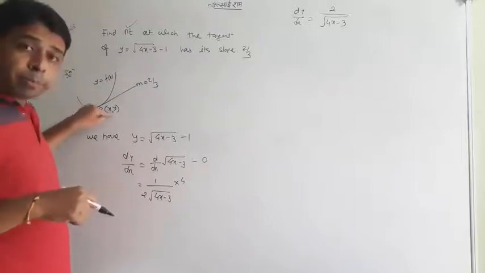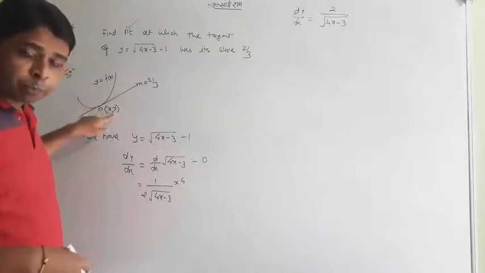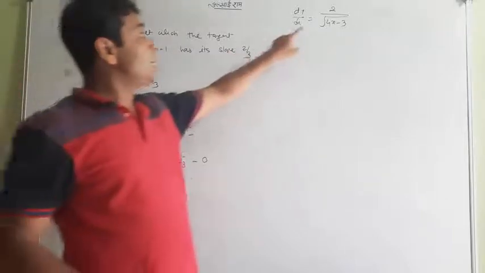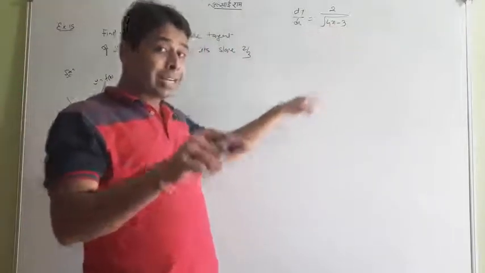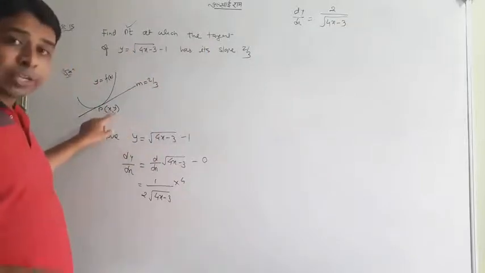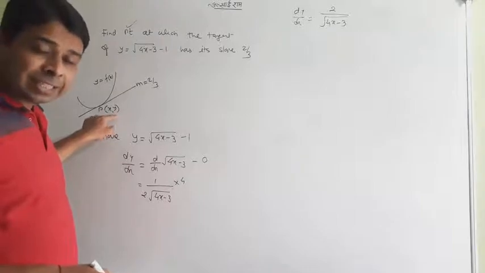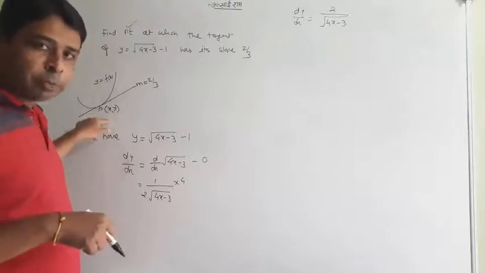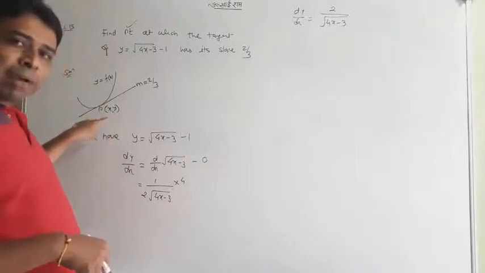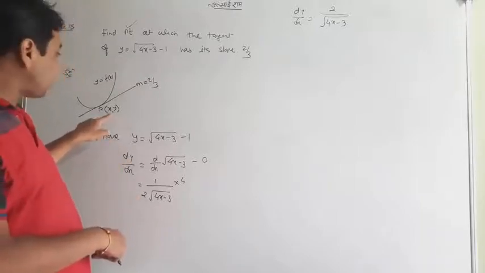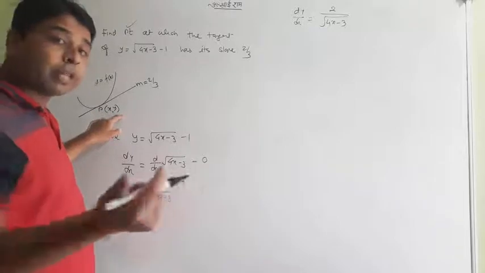Now, yesterday I taught you that this dy by dx will be m, the slope of the tangent, when it passes through the point of contact. Meaning when you put x and y here, suppose yesterday we had 2 and 3, we put x equal to 2 and y equal to 3, we can get the slope of the tangent at point P. This time we only have x and y as the point of contact, so we put x instead of x and y instead of y, and we will get the slope.